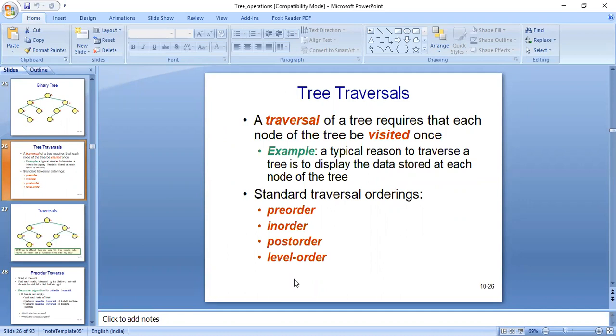That will be considered the traversing operation. There are three standard ways to traverse a binary tree T with root R. These three algorithms are called pre-order, in-order and post-order.